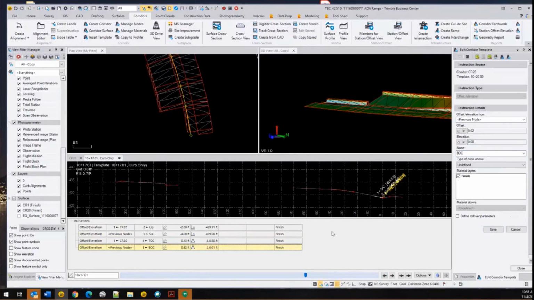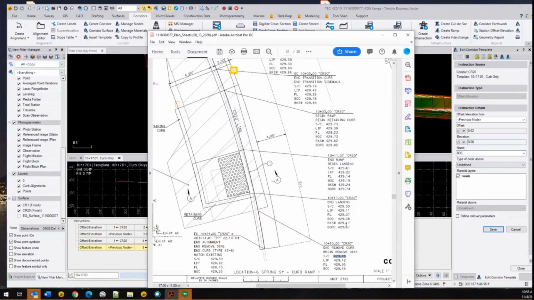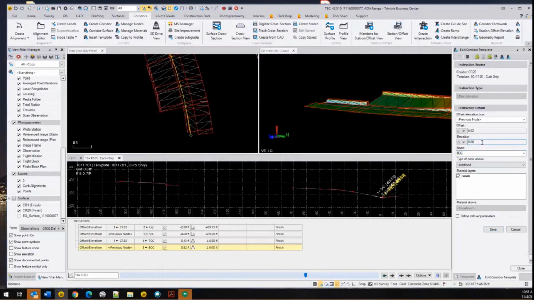So let me go back. I'm going to fix this, which is probably also supposed to be level there. Click on this plan. So at this station, no, it's up 100. Okay, whatever. Okay, so